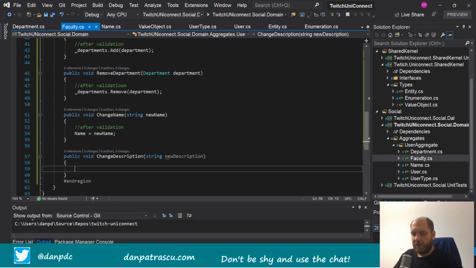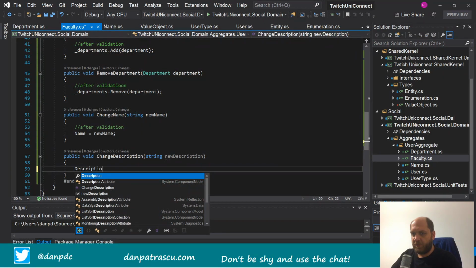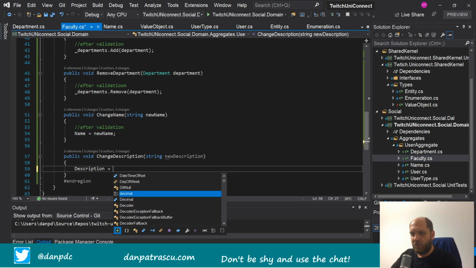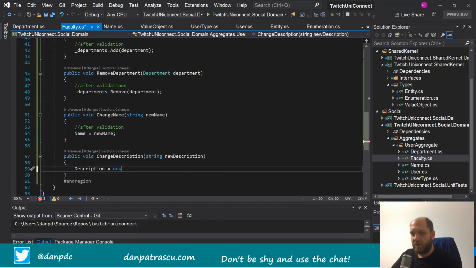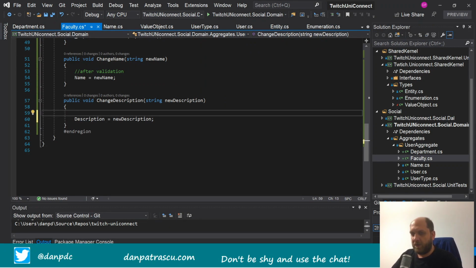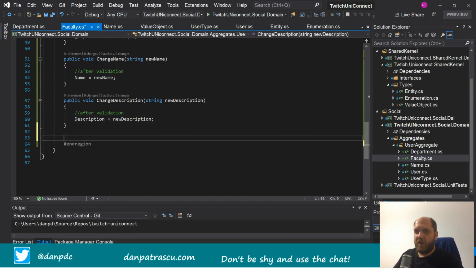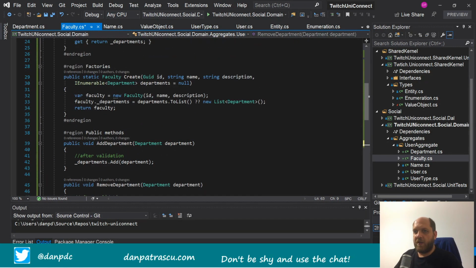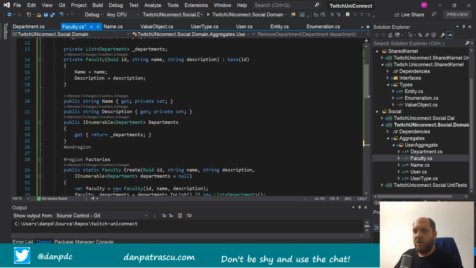And we would assign the description to this description. It's new description. Okay, not really that. So it would be like that. Of course, also here after validation. So first we will implement some validation later. Okay, and then I don't think that we would need anything else here right now, except